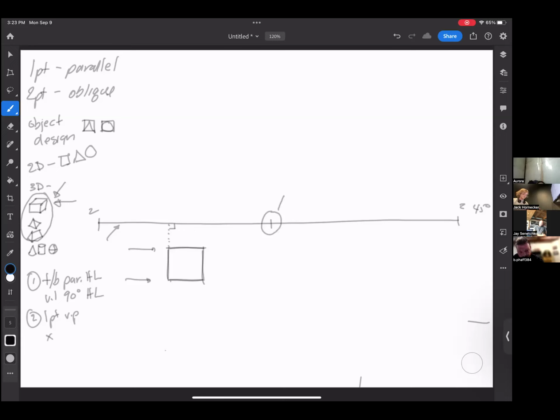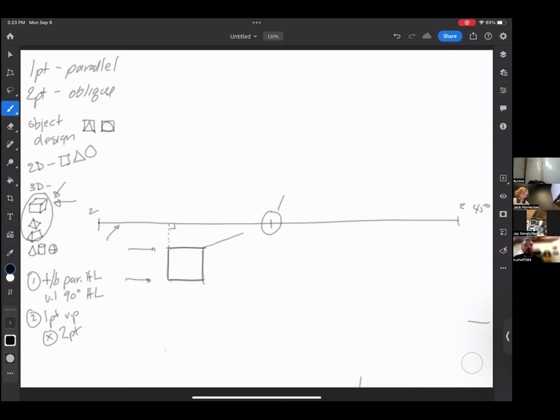You will never use a 2-point vanishing point for a 1-point object. Underline that, put stars behind it, right? Exclamation marks, expletives, happy faces, write it in red, circle it, do whatever it is you need to do in order to underline the importance of that point. This is the easiest way to mess up a perspective drawing, right? And that is by mixing 1-point and 2-point vanishing points.